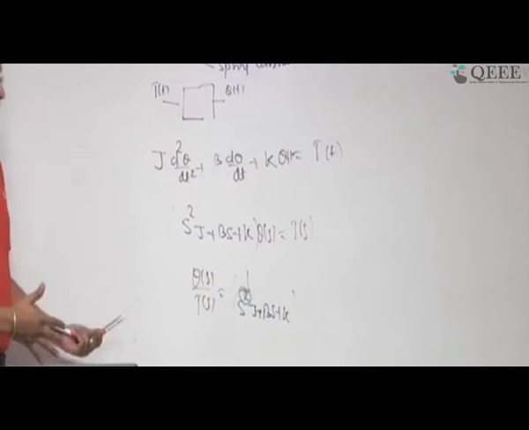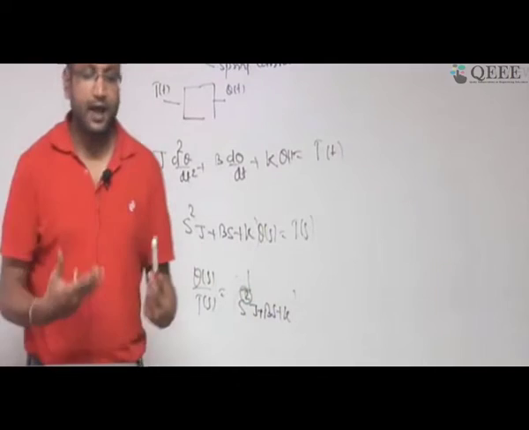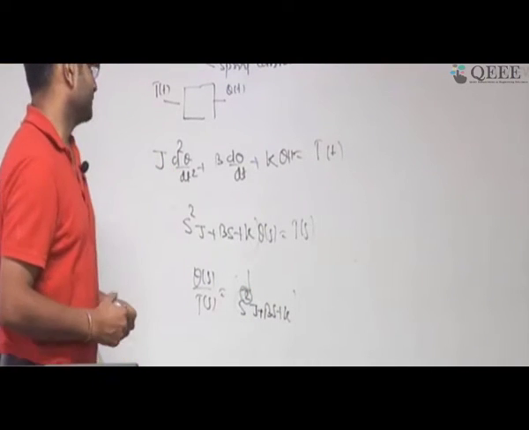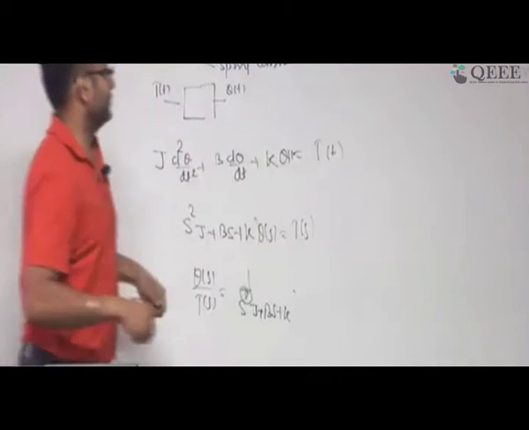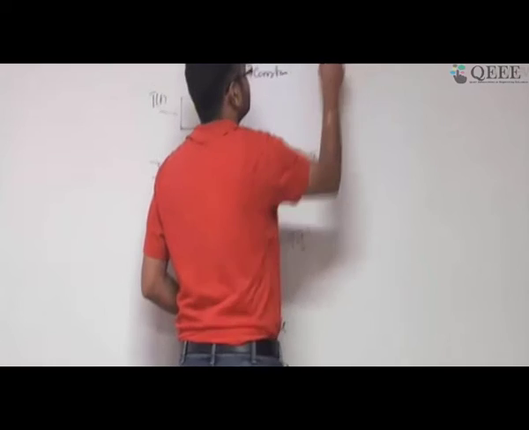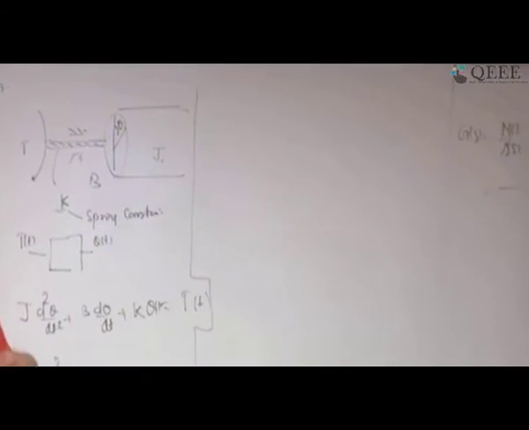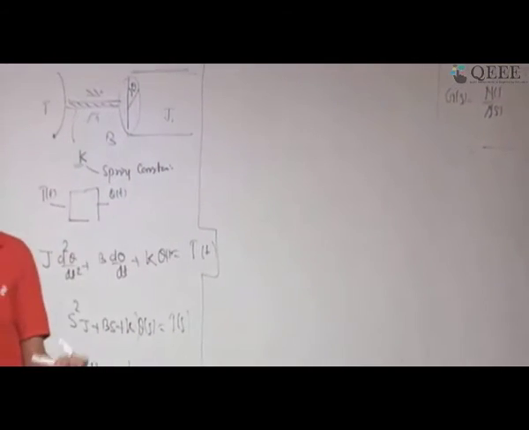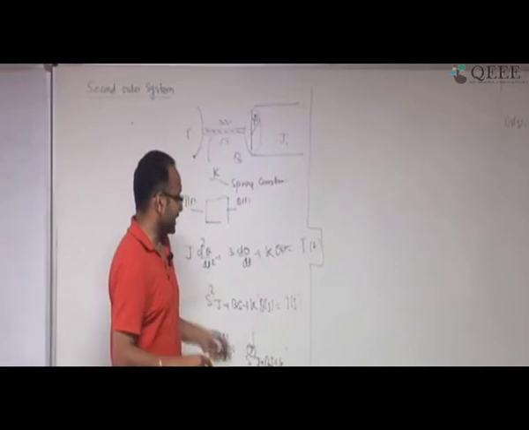So this is why we are calling this system a second order system. Now, the equation we have got from the mechanical system, quite possibly I may get with an electrical system or hydraulic system. So as long as this power is 2, I call it a second order system. When I am doing a mathematical analysis, I am not looking at whether the system has come from a mechanical, electrical or hydraulic system. I am interested in the standard form.